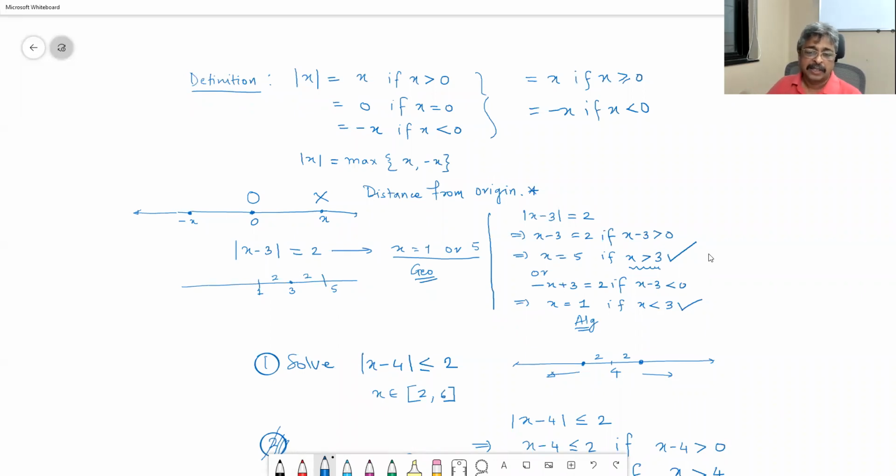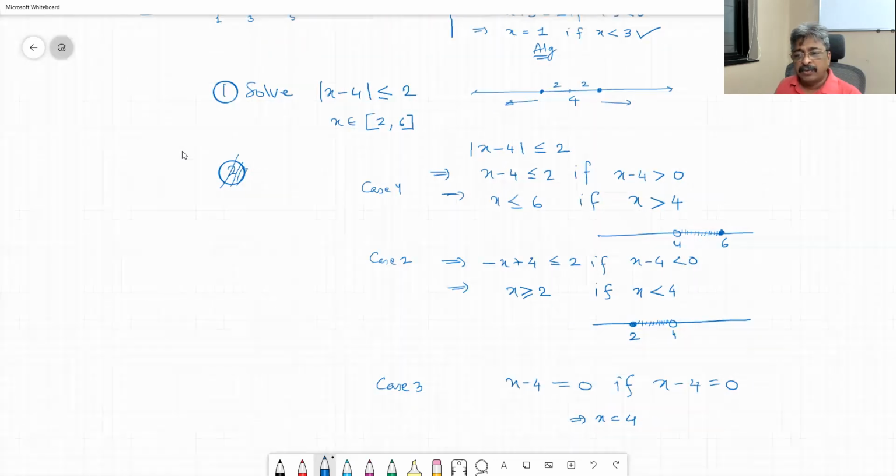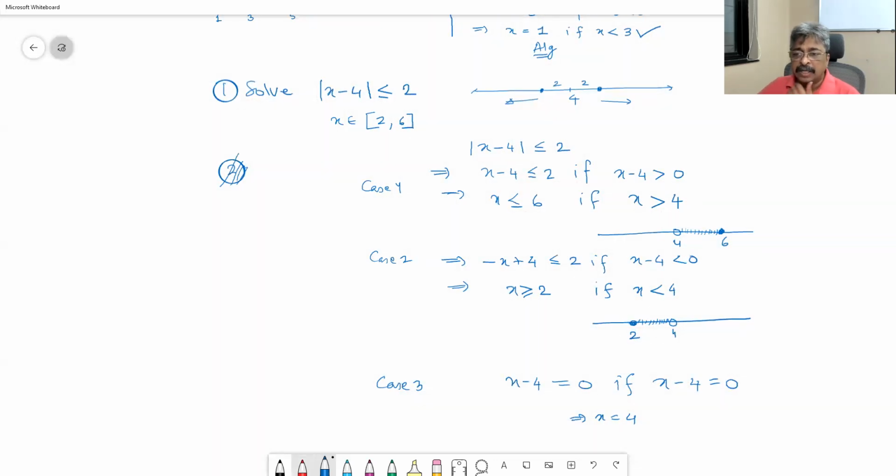And hence, if I include it in the first, then I would have got this circle as a dark circle here itself, and my solution set would have been this is okay and this is okay. Therefore, the solution set is x belongs to 2 to 6. Are you there? Does everyone understand? Good. Go to basics.